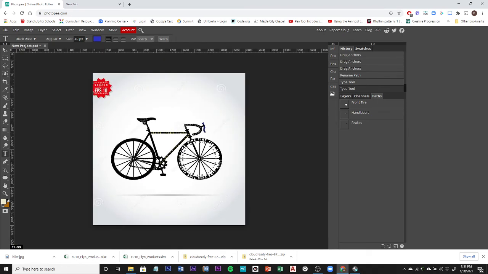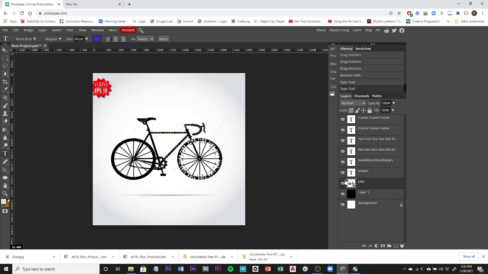Alright, so we have done quite a bit here. So the important things to remember are that Photopea is not going to know which layer you're trying to work on. So in order to help with that process, it's best to hide any layers that would be in the way. So for example, let's say I wanted to add a spoke